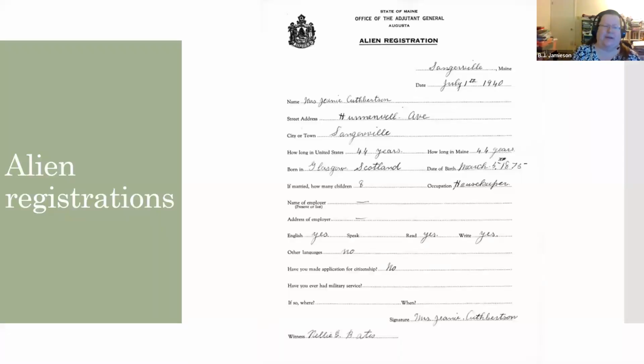Now, this is where life gets really interesting. This is for those of you who have Canadian ancestry in particular. At the start of World War II, actually before the US entered the war, you can see this is 1940, the state attorney general, in complying with various federal requirements, registered all of the foreign nationals living in Maine who were of age, meaning 21 and older. Now this happens to be somebody from Glasgow, but most of these, and these are online at the